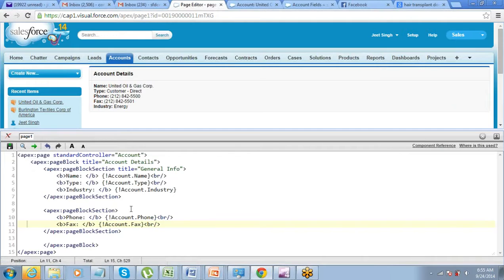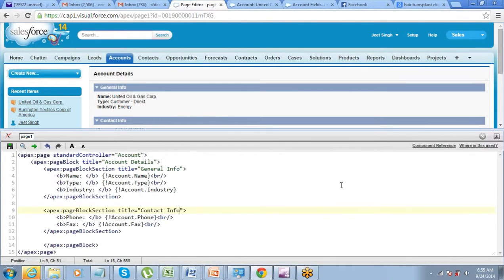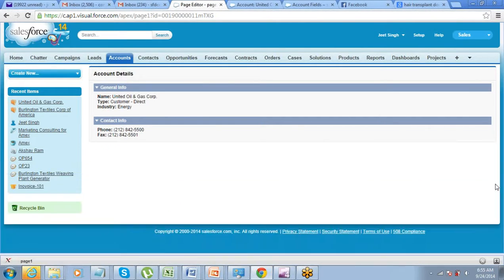Now if I save this thing, okay, I want to give them different titles. So for the second section I gave it a title, contact info. See, these page blocks and sections easily help you to create small blocks of the data.